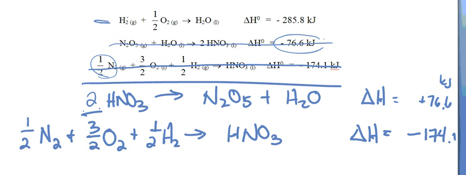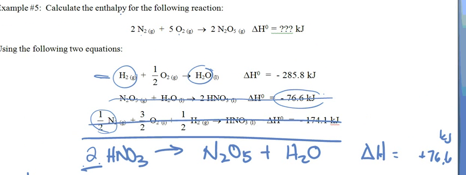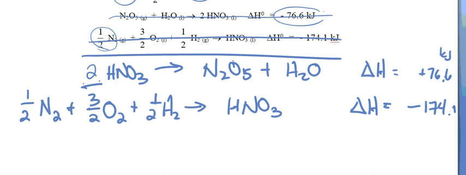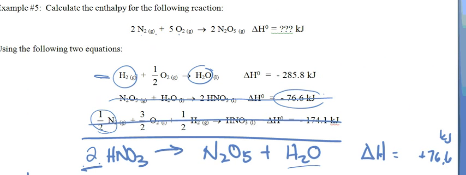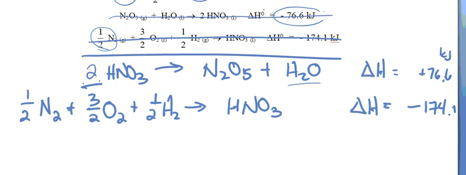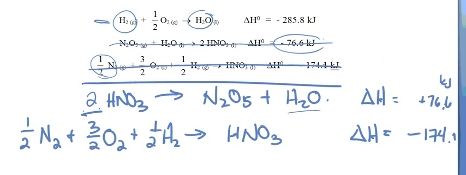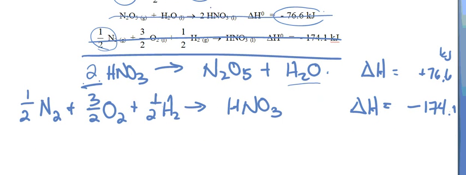So I want to look at water and hydrogen. Hydrogen doesn't appear in the overall balanced equation anywhere. Water's probably the thing I want to focus on more. If I look at my earlier mechanisms that I wrote, I notice that water appears right here. And water does not appear in my balanced equation, so I want to make sure that the water is on the opposite side of this water. So if that water is going to remain there, and it will, then I need to make sure that this equation flips. So I'm going to have water as a reactant,